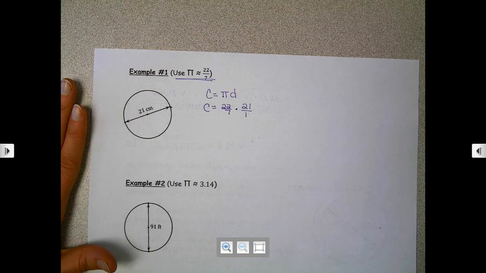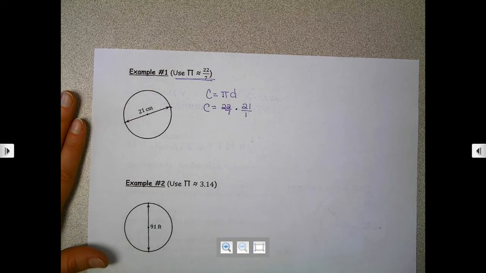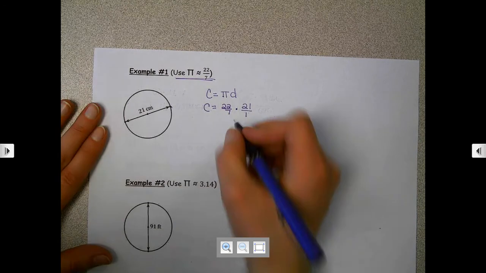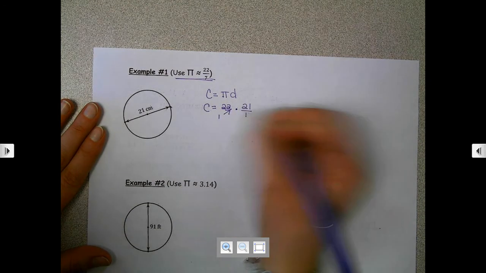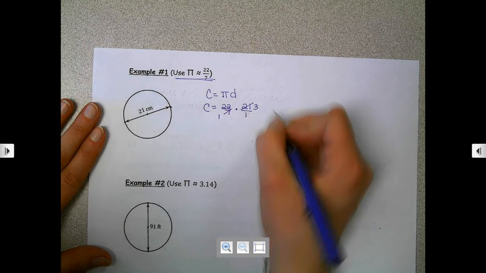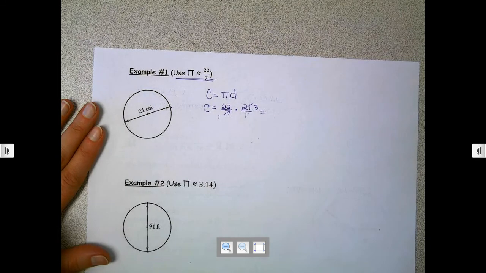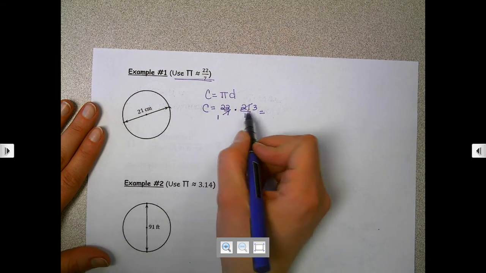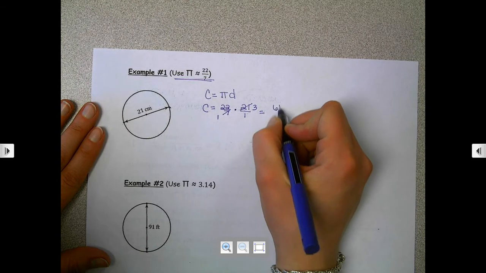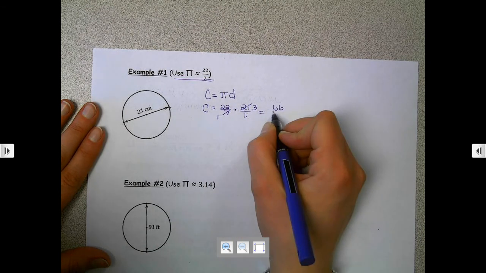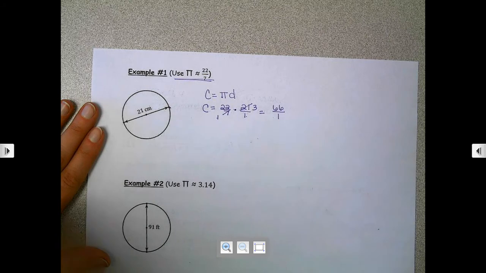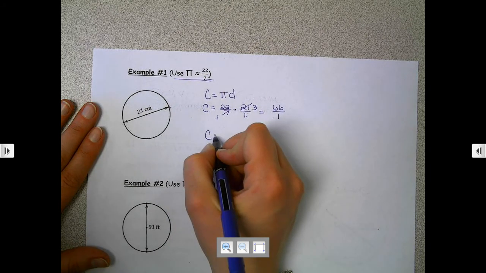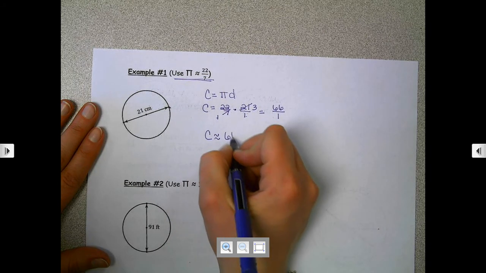Now, we can multiply these two fractions. We've done this before. Before we do that, we're going to simplify. We're going to cross cancel. The 7 can be reduced to 1, and the 21 can be reduced to 3. So when we go ahead and continue, 22 times 3 is going to give us 66. 1 times 1 is going to give us 1. So the circumference, or the approximate circumference, is 66